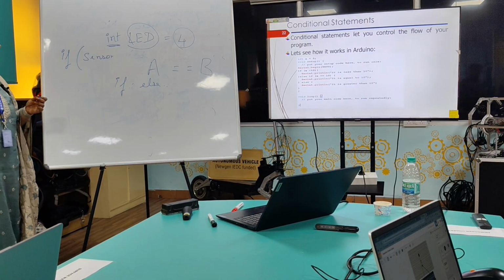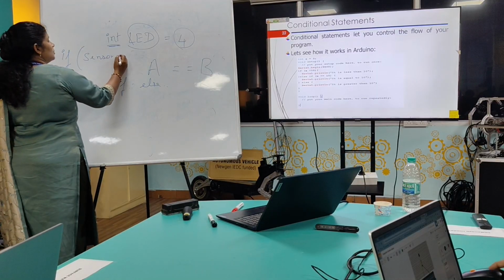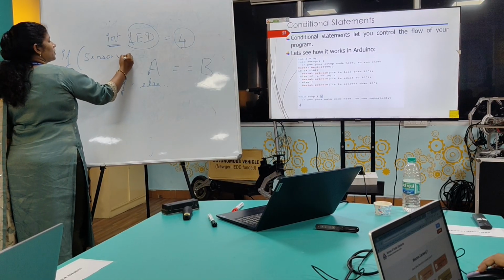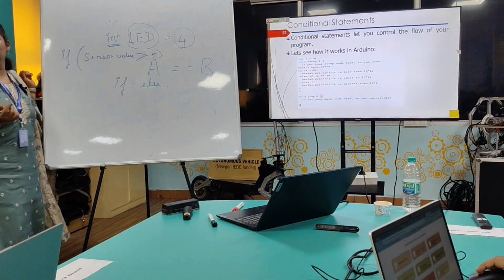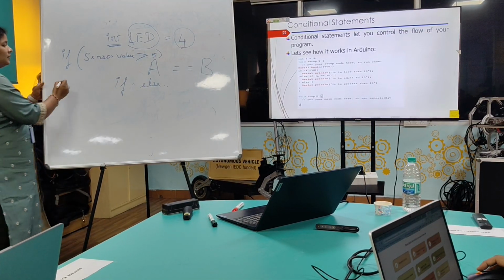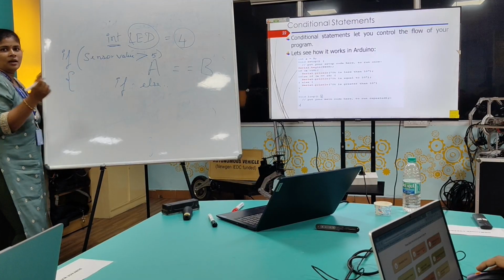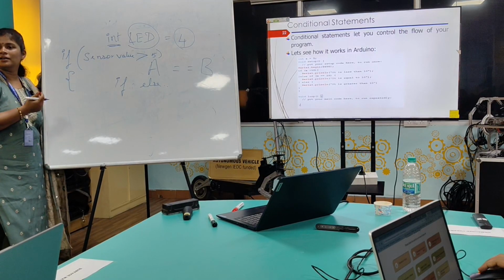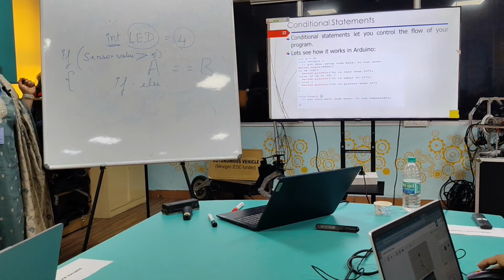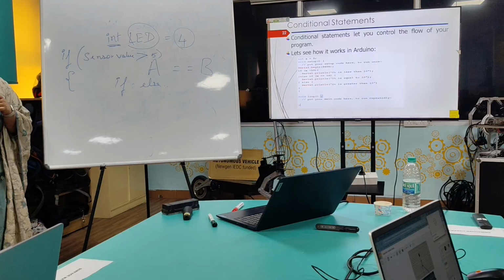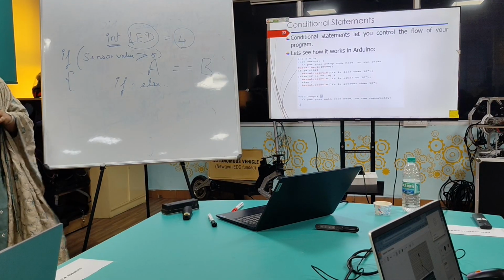So maybe we can say that if the sensor value is greater than 5, I'm just throwing out numbers, then we can say, like he said, turn off the light. Now we know how to turn on and off the lights, right? We just saw the digital write example.